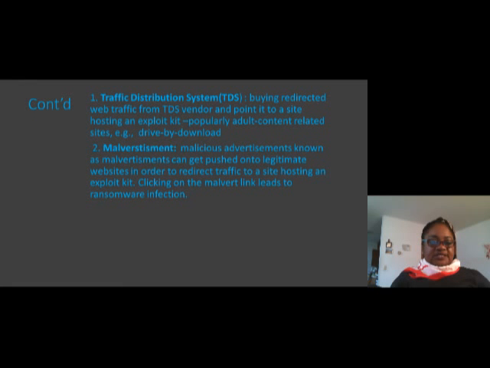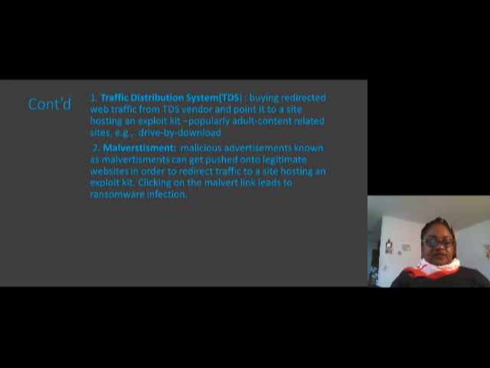Traffic distribution system, where you buy redirected web traffic from a TDS vendor and point it to a site hosting an exploit kit. Popularly, this site is an adult content related site, and this is a form of drive-by download where you don't have to click on a link or download an attachment.